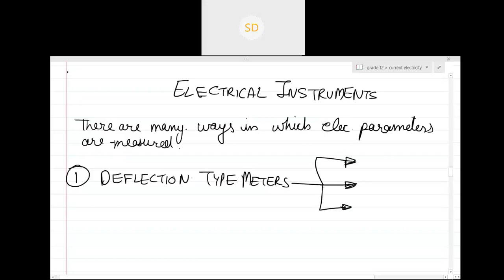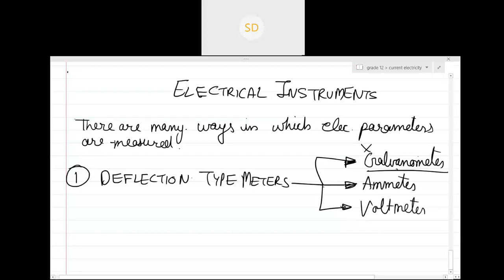In this category, we are going to discuss the galvanometer. Although the galvanometer's construction and working we are going to discuss in the next unit, magnetic effect of electric current, so it is not discussed over here. I'll discuss it briefly; the working part we'll discuss later. And then there is the ammeter, and the voltmeter. So basically all these three instruments, we will study about them. Then there are standard experimental setups.